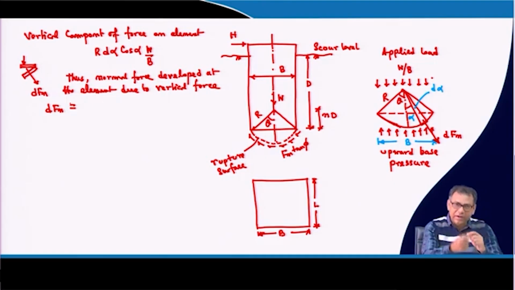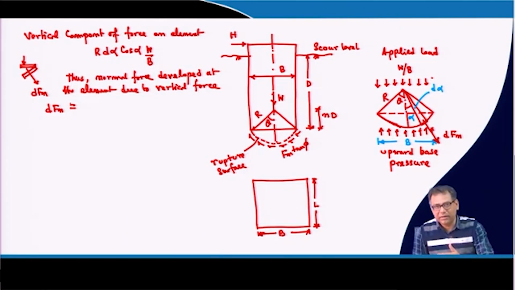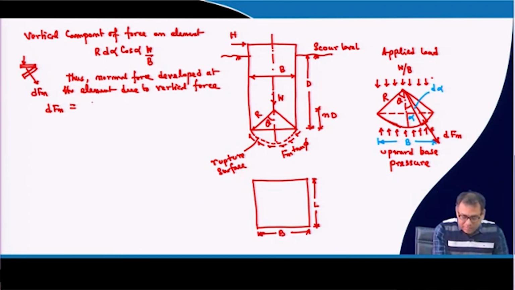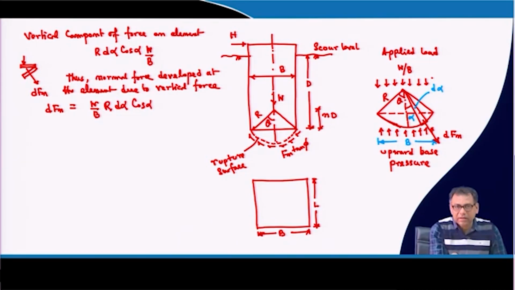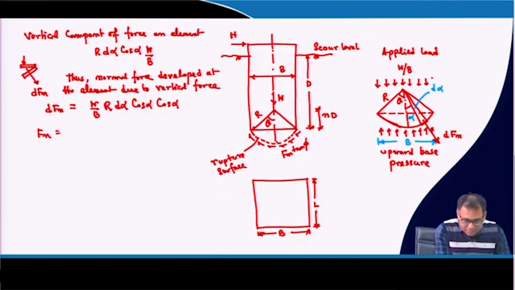Then we can again convert it from vertical to normal. Initially we converted it to vertical because our load is acting vertically. That is why we have taken the vertical component, and now we are converting the vertical component to the normal component, because that force we want to determine. So, that means again this will be W by B R d alpha cos alpha, this is the vertical component, then again cos alpha, this is the normal component. Okay. So, now we can write that FN will be